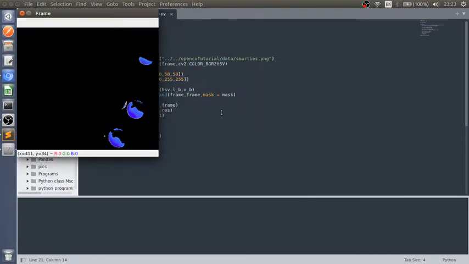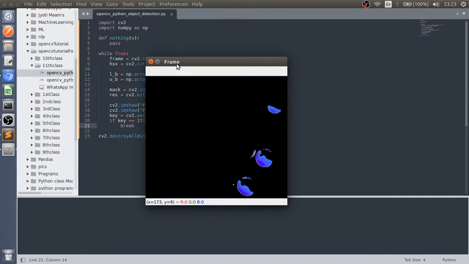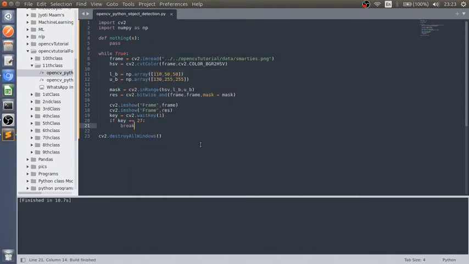Still we are not getting the original image. Frame we have passed in cv2.imshow.